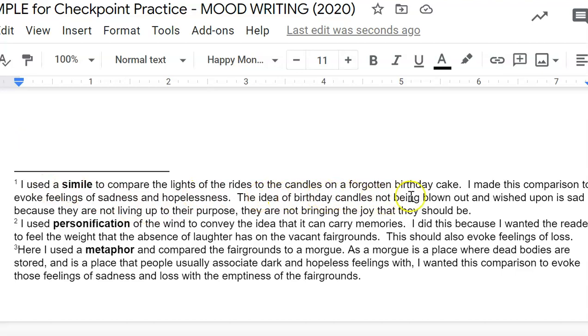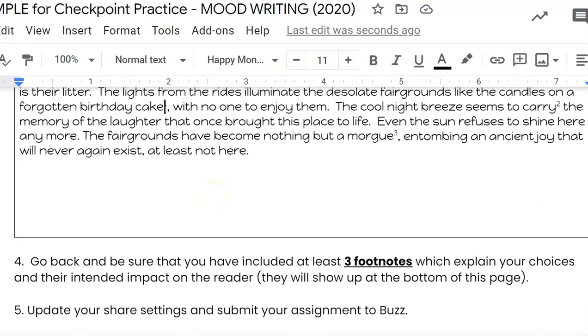The idea of birthday candles not being blown out and wished upon is sad because they're not living up to their purpose. They're not bringing joy, the joy that they should be. So that's why it makes you sad, right? So I said I used a simile and I said how and why it would make someone feel sadness, hopelessness. My next one,